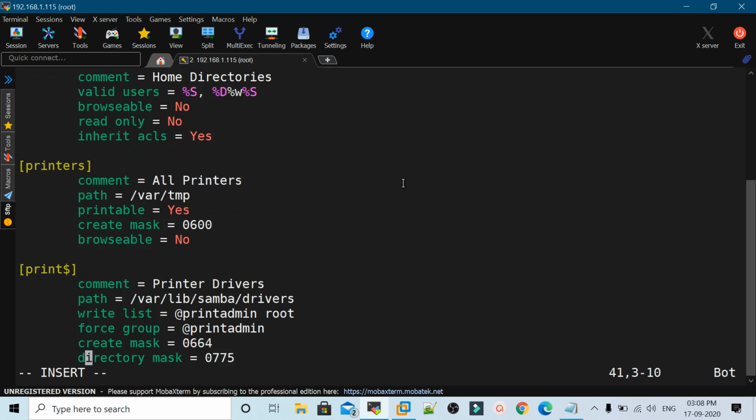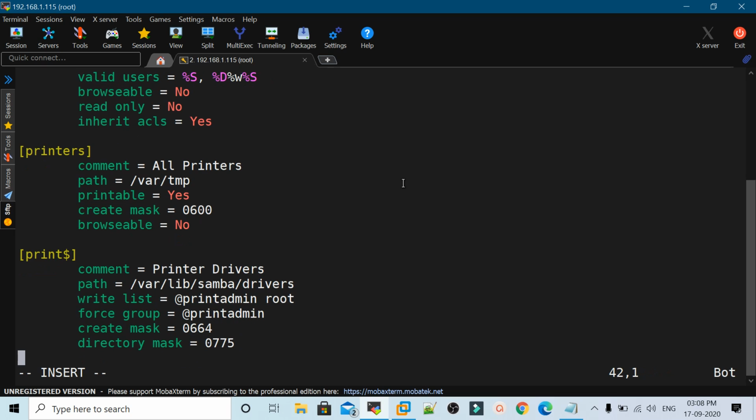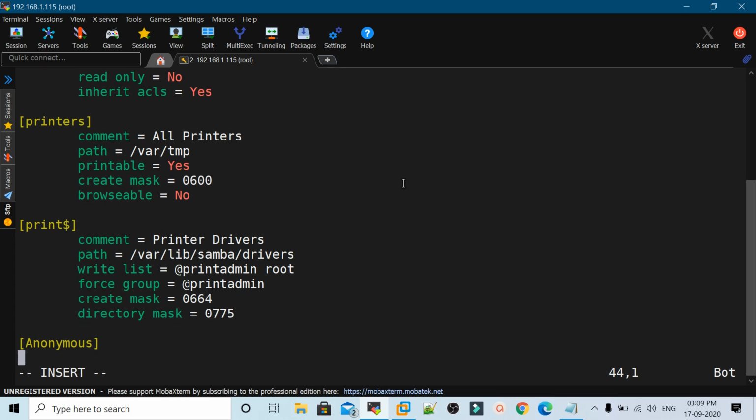Now I will create the settings for the anonymous share that I will create, and here I will mention inside the square brackets anonymous. In this section I will mention the path first. So path here would be the same path, that is srv samba anonymous.